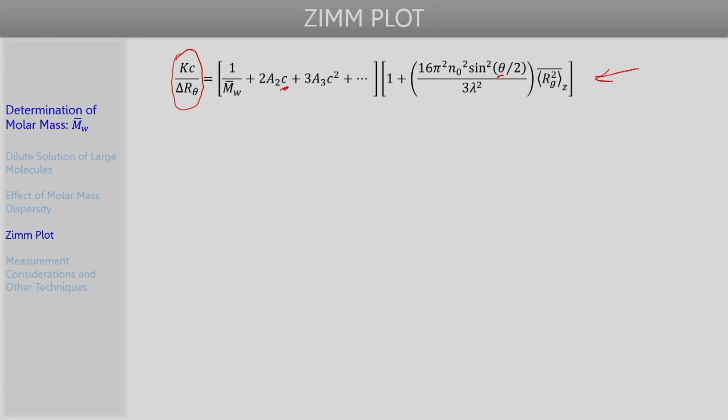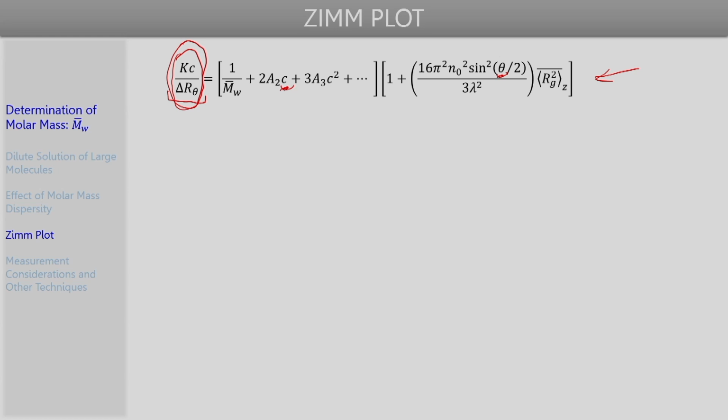and try to plot that data, a 3D kind of plot will be required where the z axis will contain this quantity and one of the axes, x or y, will contain c, whereas the other will have the variation of theta. Because the right hand side quantity here actually is a function of two variables, concentration as well as scattering angle.